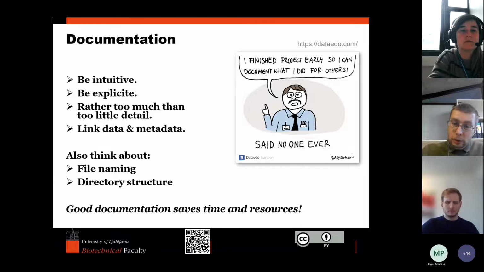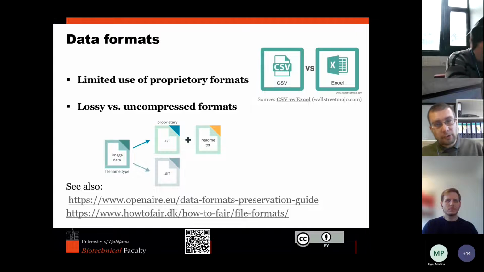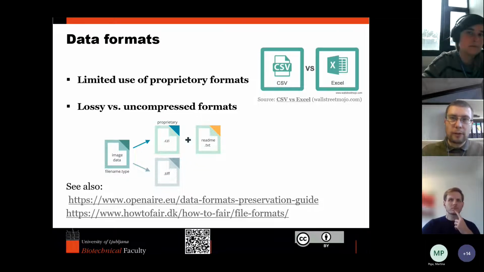However you create your data, however you do your measurements or whatever work with data you're doing, find a proper documentation for that. Then, of course, with data formats, many of the things that, for example, we do in our line of work include proprietary formats that are related to the instruments that we're using, different microscopes, different spectrometers, and so forth. All of them come with their own proprietary data formats that you cannot access if you don't have the very costly software. So it's something very obvious there that it's really helpful to not just save the proprietary format, but to immediately also export the raw data into a data format that's going to be accessible in other software, and that's not going to require this